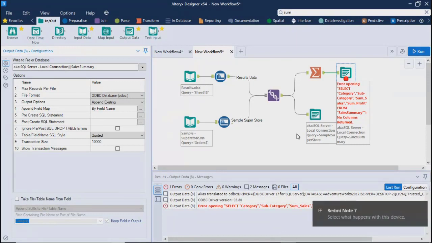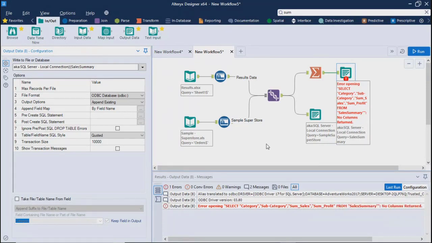Let me go back and show why it is happening. See, I selected append existing. As of now, we simply gave the table name while creating this connection. Did I tell what columns this table is going to have?